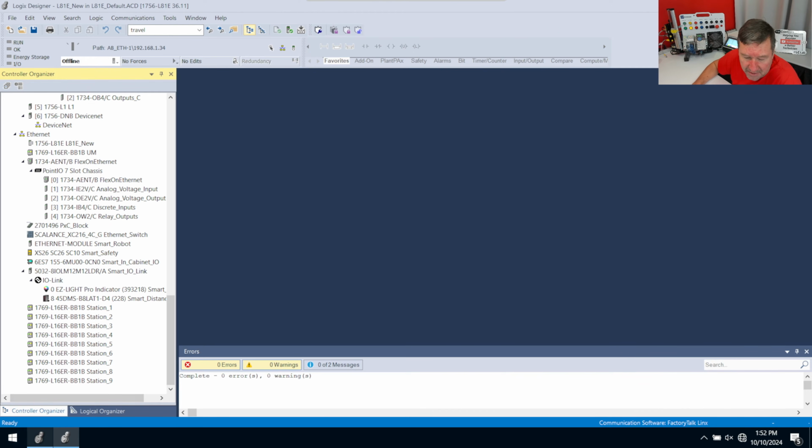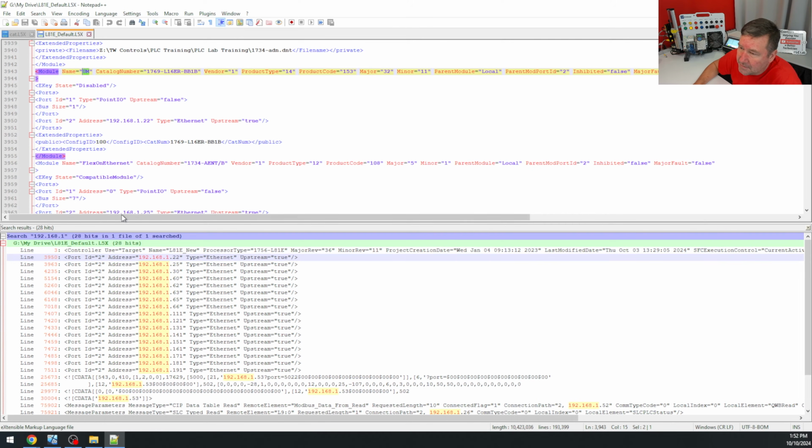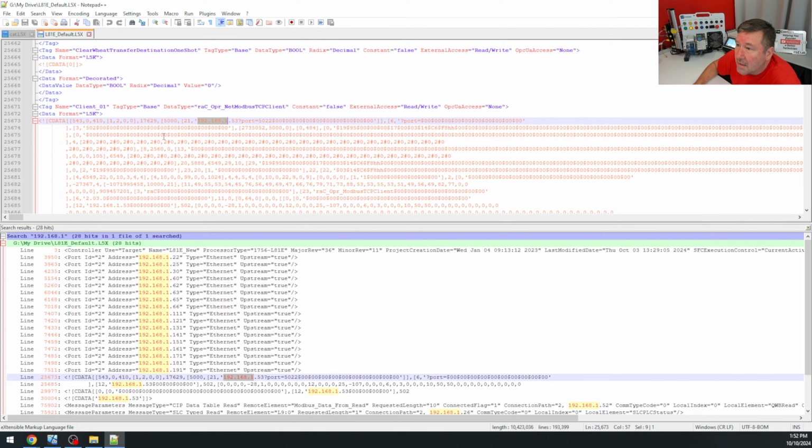But then the question becomes, were there any other items in here? And we do see some down here. So we have line 25,673. And I have no idea what this is. So we're just going to click on it. And okay, so this is a Modbus TCP client user-defined instruction. I recognize the instruction name. And so I'm going to be trying to find 192.168.1.53, and I'm going to go try to find client